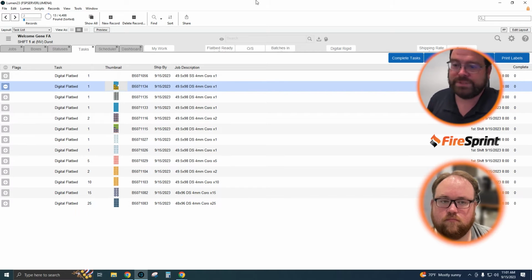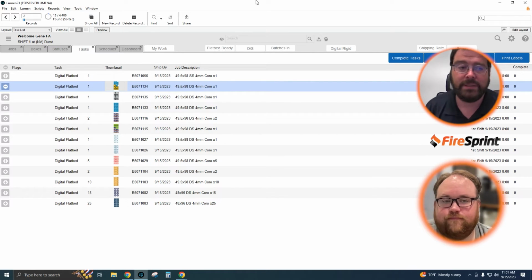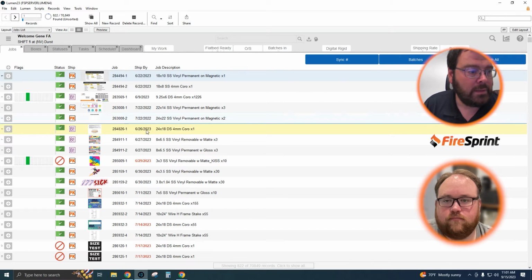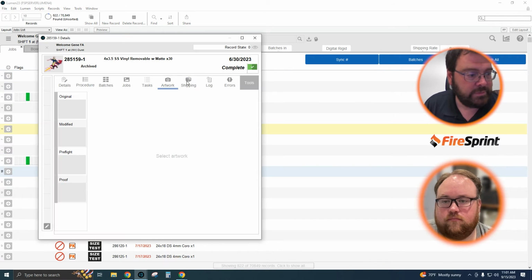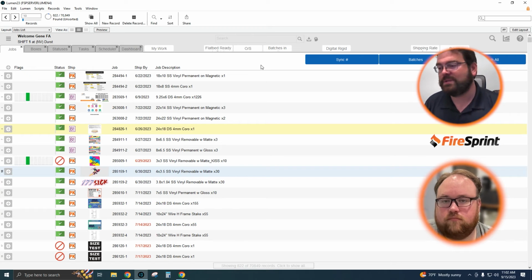And shipping will scan that barcode. I'm oversimplifying a little bit, but shipping will scan that barcode to pull up the job and have all the shipping details. And shipping's working off of this screen, basically, kind of. There's a little more to it, but